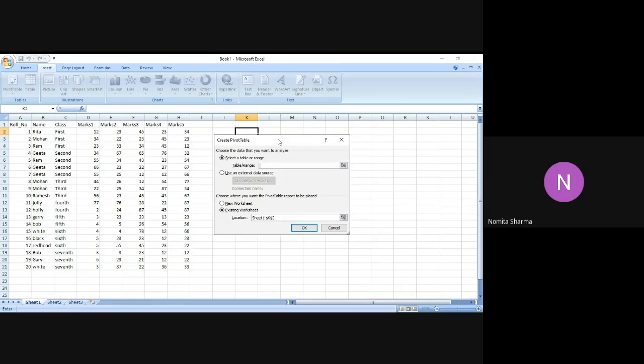I will select the data which I've already made. I will go to A1 and select the whole area, because as of now I would be taking the whole table, but when the pivot table is activated, I can make a selection from that table depending on my choice.